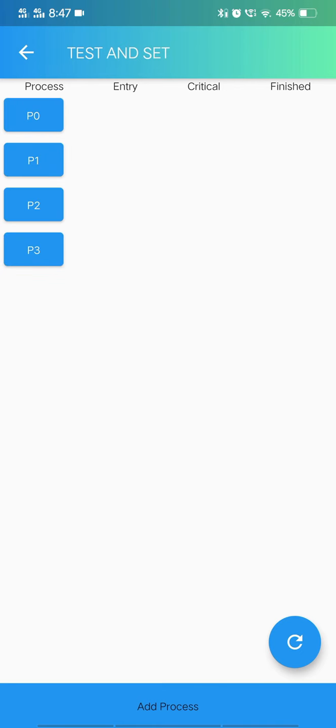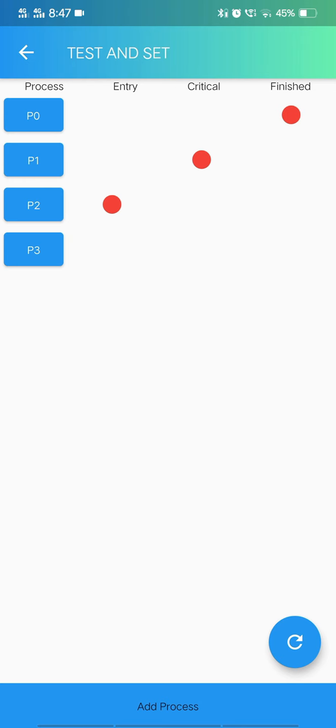Test and set. Same thing, but here in test and set, instead of a variable, we use pointers so that the preemption of the processes does not occur, the critical section does not get messed up, and there is no chance of deadlock. Let's go P0, P1, P2. Now, if you have a doubt, let me clear it. If I click on P1 again, it will not move forward at all, because the critical section is blocked. Now, as soon as I finish this, it will move.